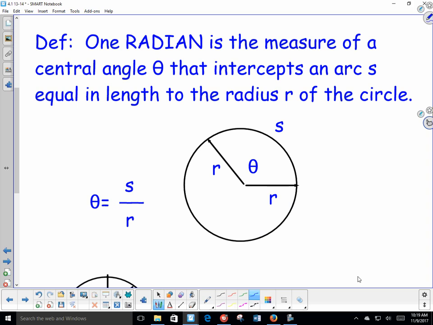So the idea with a radian is if you have a circle with a certain radius, we'll call it R, and you have an arc length. Let me back up. So this is a radius, and then there is some arc that's formed. And if that arc, which we call arc length S, happened to be the same length as the radius, then